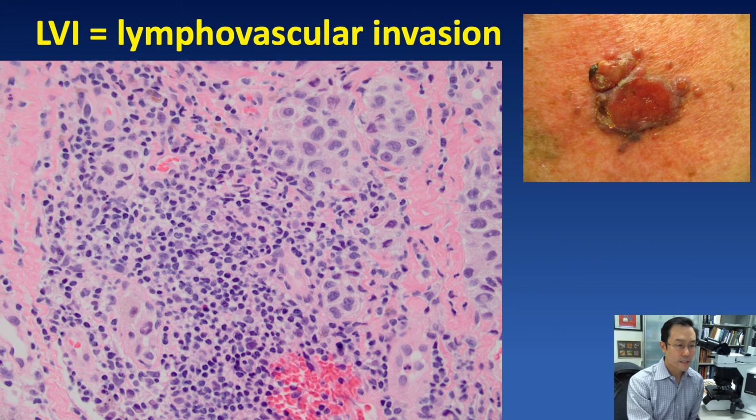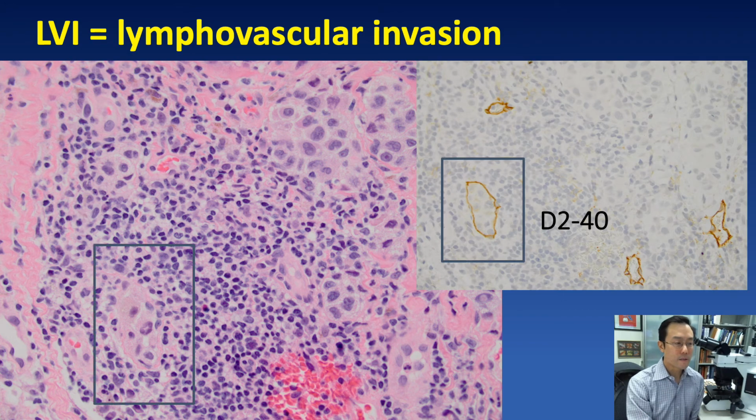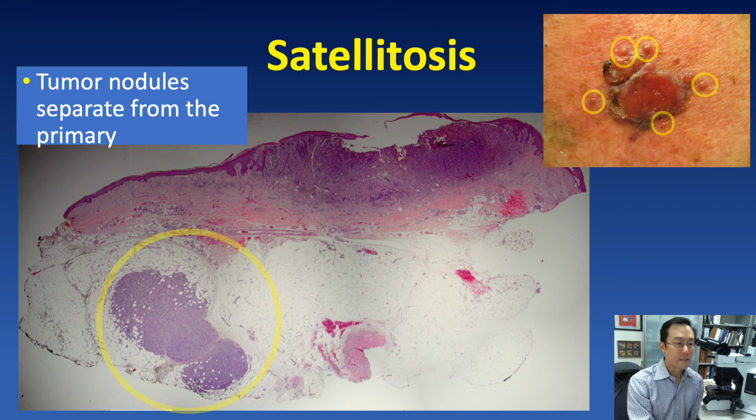Lymphovascular invasion is not always easy to detect by H&E, but it is typically most commonly present in association with thick nodular melanomas. And so the most definitive method for excluding LVI when it's not obvious on H&E is to use one or more immunohistochemical markers, such as the lymphatic marker D2-40 or vascular lymphatic markers such as CD31 or ERG. Satellitosis may or may not be evident clinically, but is characterized by the presence of tumor nodules that are separate